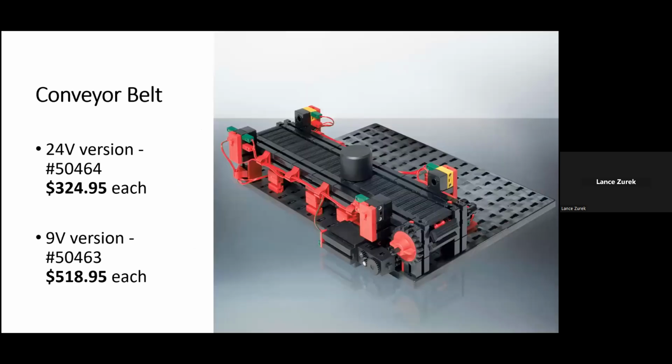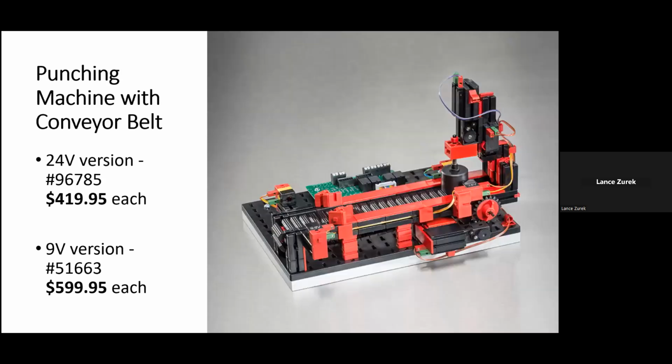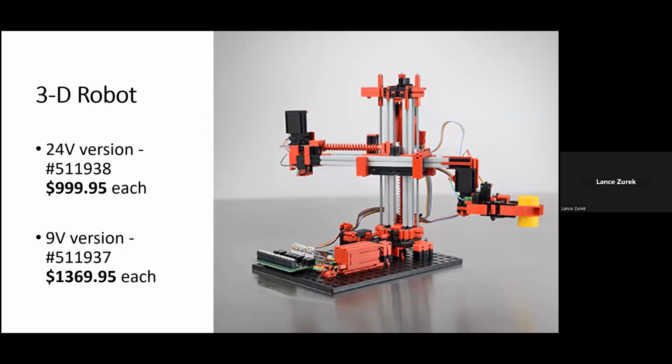The conveyor belt in the 24-volt variation is $324.95. The 9-volt version is $518.95. The punching machine with conveyor belt is $419.95 in the 24-volt variation, and in the 9-volt version is $599.95 per unit. The 3D 3-axis robot in the 24-volt variation is